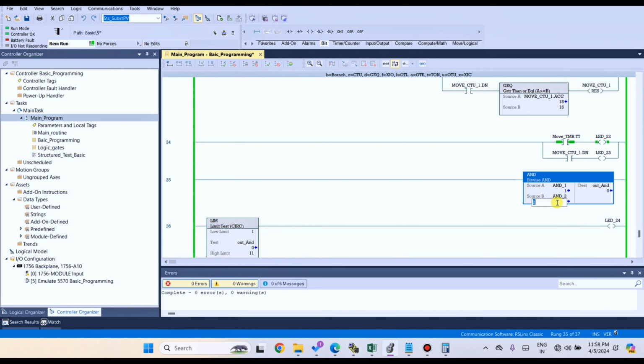If source A is 1, then the destination output will be on, the LED will be on. When will the LED be on? After 1, when destination is greater than 1.